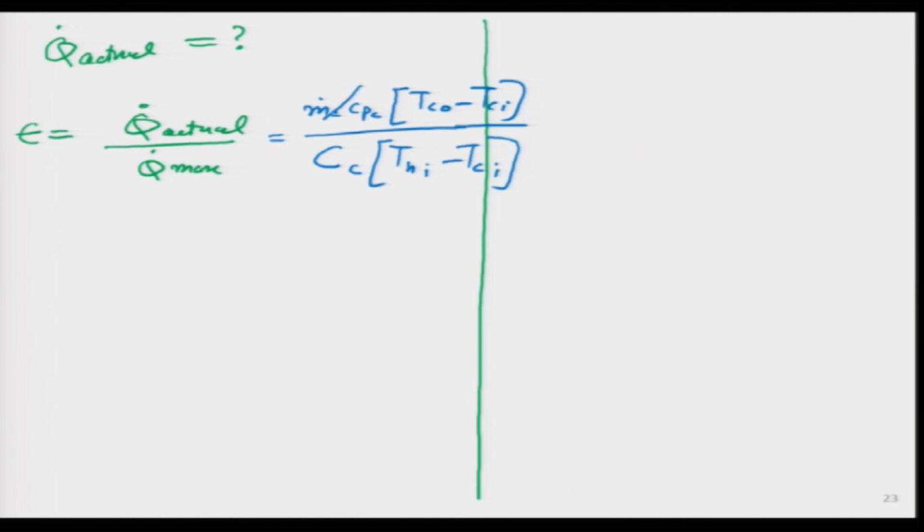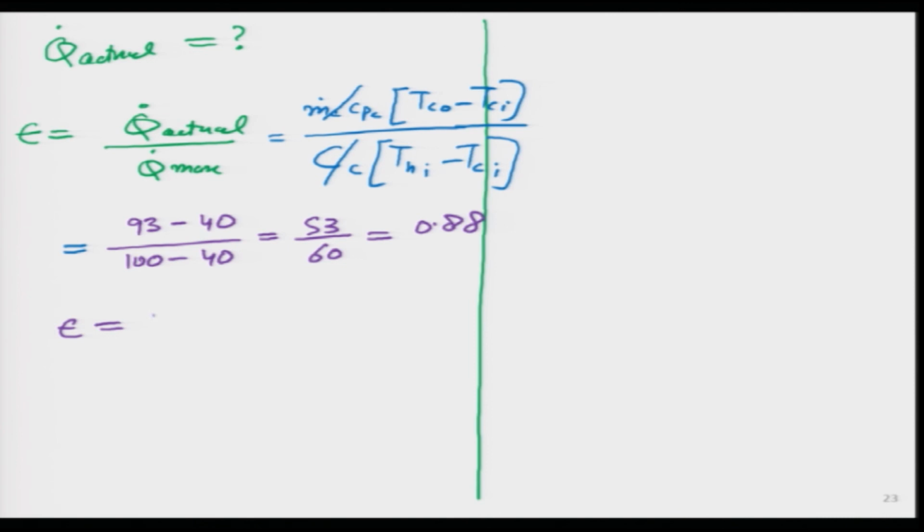Now, the good thing is these two terms will get cancelled out, because these are both for water, isn't it? T water out 93 degrees, T water in 43 degrees, highest temperature 100, lowest temperature 40. So, what I am doing is calculating the ratio 53 by 60, which turned out to be 88%. Just look, we have calculated very easily that in this particular case heat exchanger effectiveness is actually pretty good. We are at 88%, that is not bad.